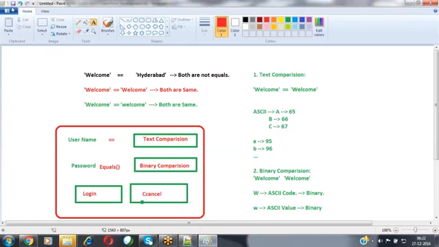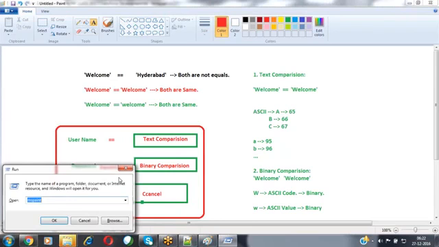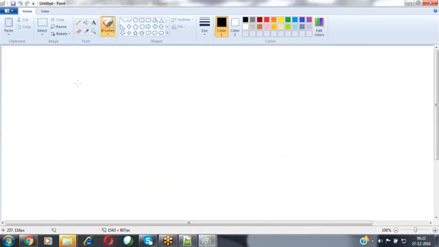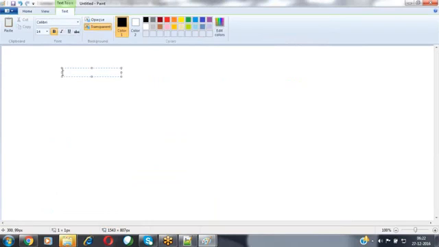Now, for example, assume that I have some values available, like I have defined a variable. This variable I have defined as an integer, customer balance.